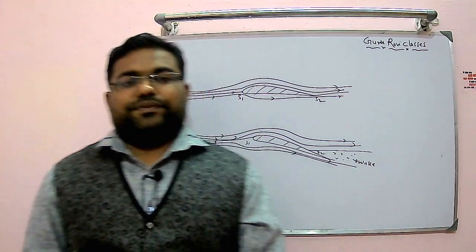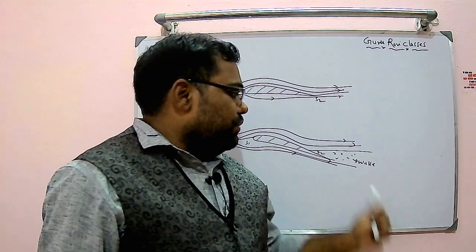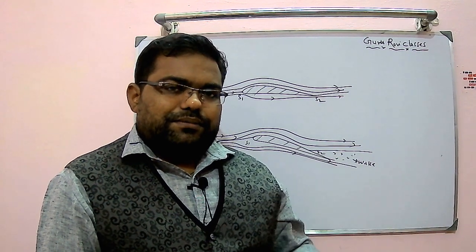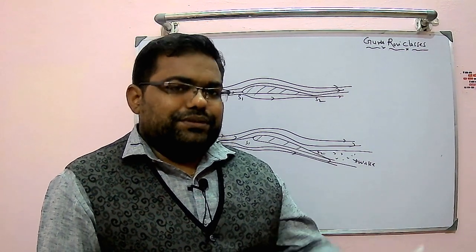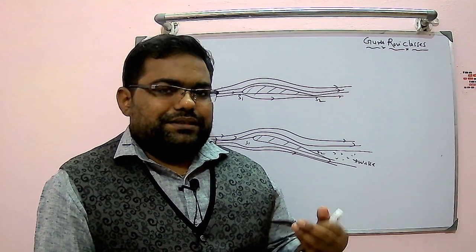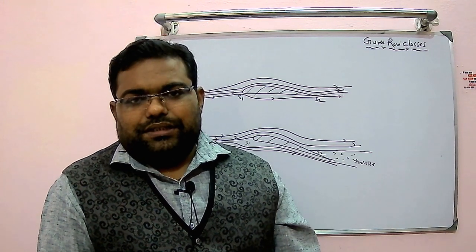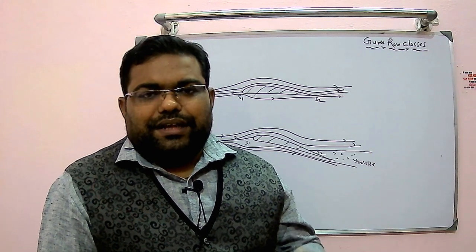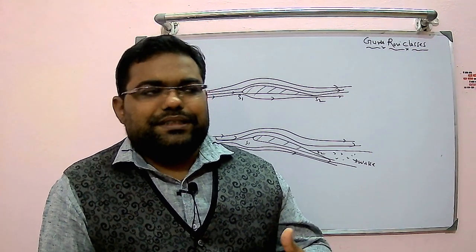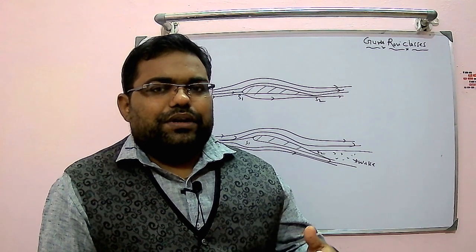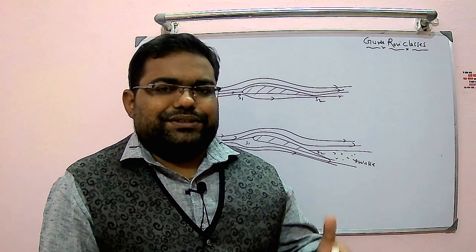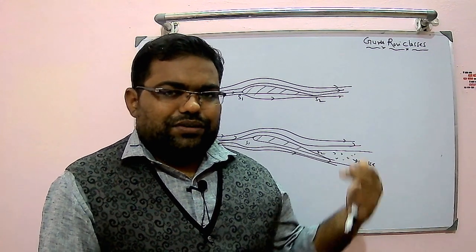What is basically this wake? Wake is nothing but a turbulence region. This is a turbulence region because flow has separated, and because of that turbulence has been introduced in the system. This turbulence region behind the body is called wake. Because of that, negative pressure will be acting on the backside, which will try to pull your object back. That means it will create resistance to the object. So this is one sort of resistance.